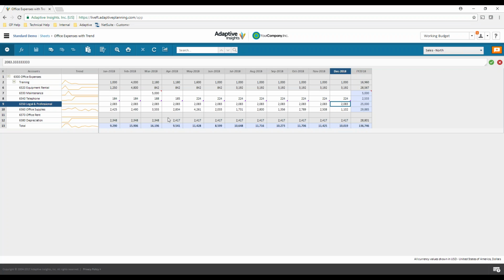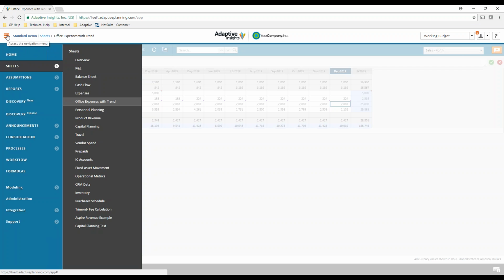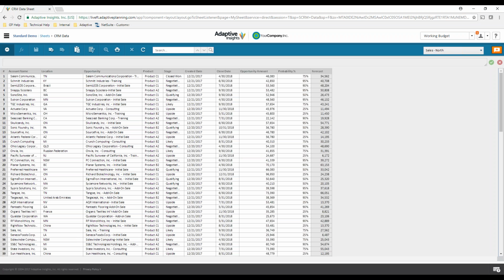So that's a pretty detailed overview, pretty quick overview actually, I guess, of the standard sheet. And we can go in and look at a few more examples of some of the different sheets. I know I had mentioned that we have a sheet here showing CRM data. So maybe you're using D365, maybe you're using Salesforce. As I had mentioned, Adaptive is data agnostic, so we can connect to all those sources and bring in that